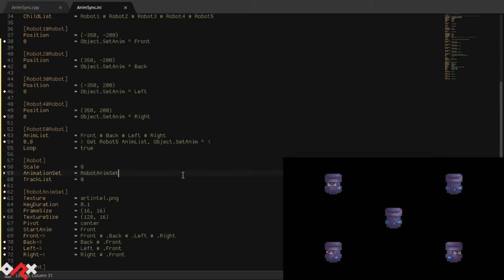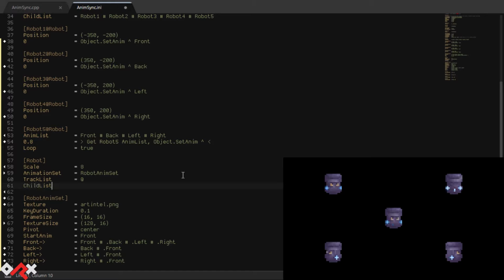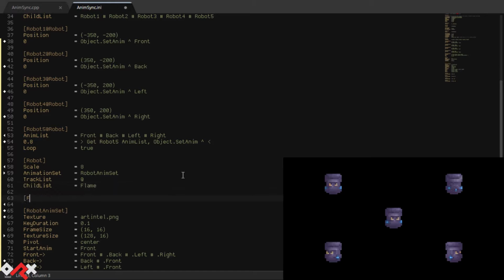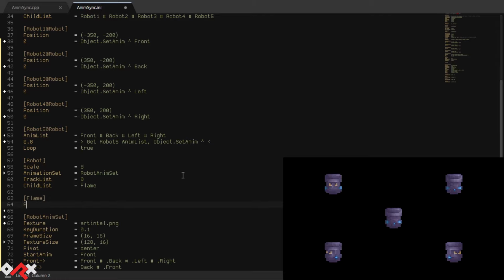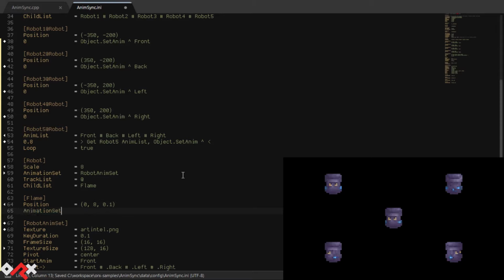In order to showcase animation synchronization, we'll now add a child object to the robot, some booster flame. We'll place the flame slightly below and behind the parent robot. We'll also use an animation set named Flame Anim Set.